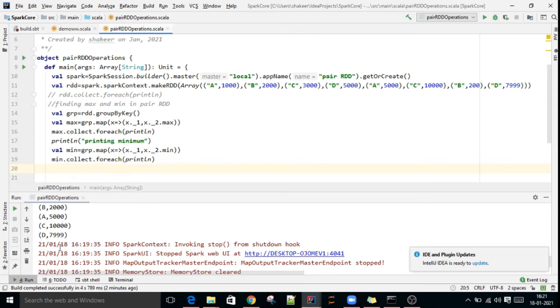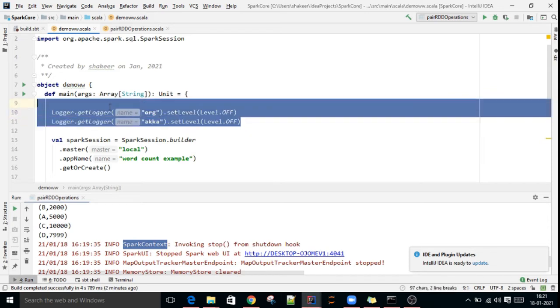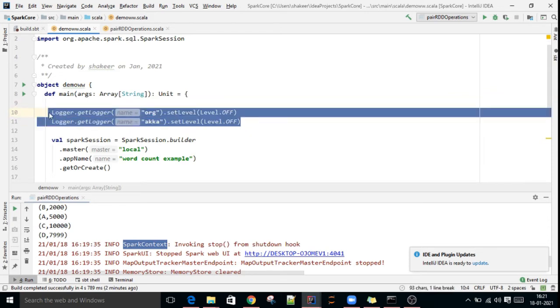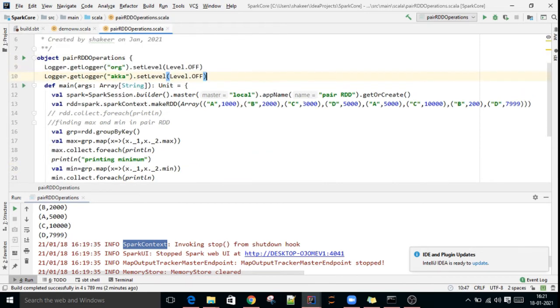These are all info messages. To avoid that, if you want to see only the output, you can import the logger.